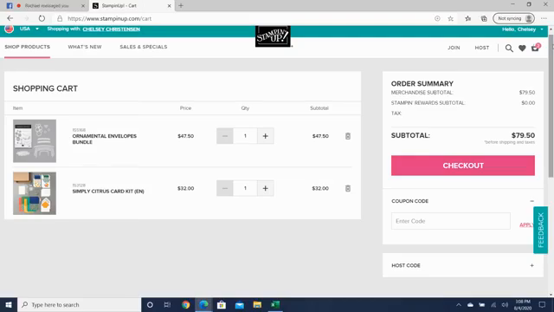Okay, so then Melanie is asking, what is the new demonstrator incentive? I haven't seen any incentives yet, Melanie, for signing up to be a new demonstrator in August. They may come out with something sometime this month, but what's really exciting for demonstrators right now, and this is available to any demonstrator, is we can